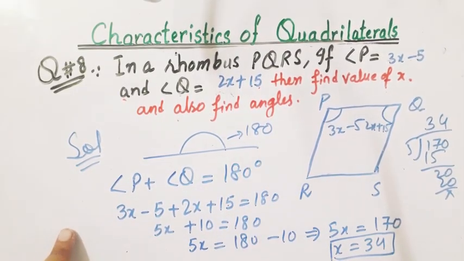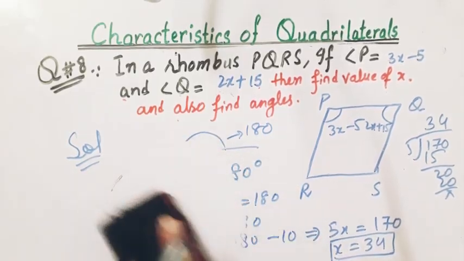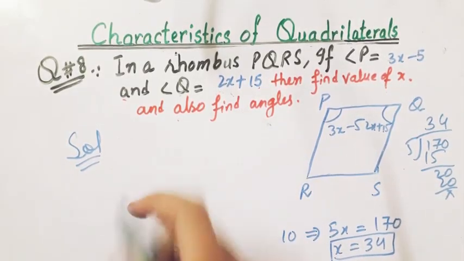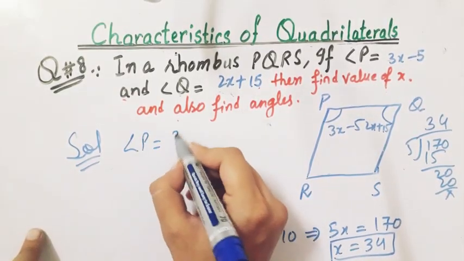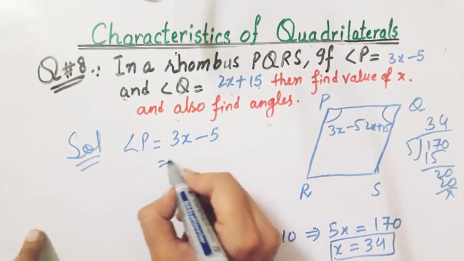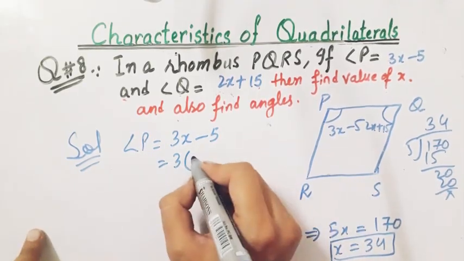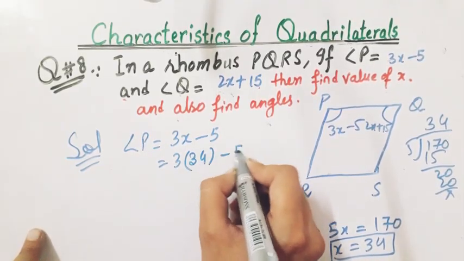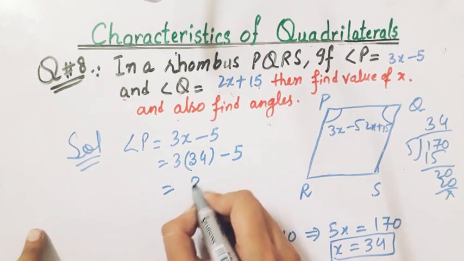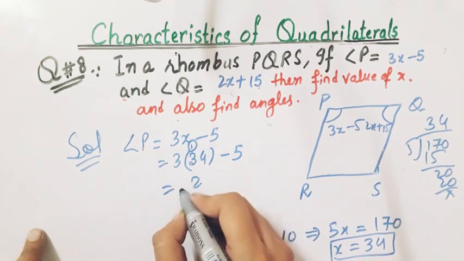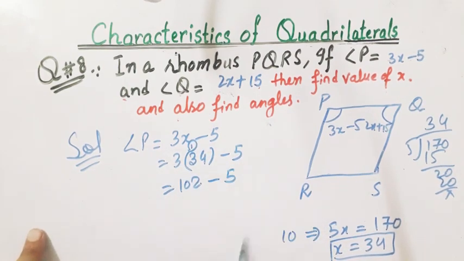Now he also says to find these angles. So angle P equals 3x minus 5. It means we will substitute the value of x, that is 34. So 3 times 34 minus 5. 4 into 3 is 12, 3 3s are 9 and 1, so 102 minus 5. After subtraction of this,